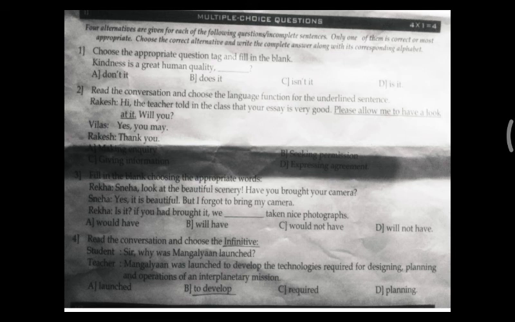So what does please mean? If you are saying please, then you are requesting for something. That means you want some favor, or you want something to be done, or you want some permission. So here once you go through the options, you will get the correct option. Making inquiry, obviously it is not. If will you was underlined, then inquiry would have been correct in some sense. But here, please allow me to have a look at it is underlined. So here making inquiry is wrong. Giving information, again wrong. Expressing agreement, even this is wrong. So here the correct answer is seeking permission.